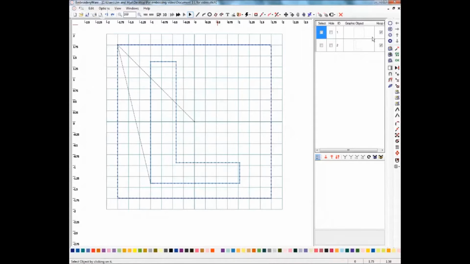And you'll see over on the side I've got my two graphic objects over here, the square and the L. That's all I've done at this point. This is all very basic things that are available in other videos, so I'm not going to go over how to do this. The first thing we need to do in order to create an embossed design is know what